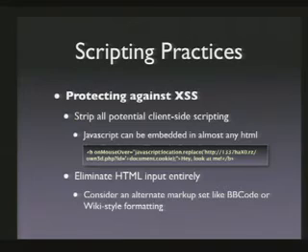This is an example of how JavaScript can be embedded in almost any kind of HTML. This is just a bold tag. And you think, well, bold tag, it has no action associated with it. It doesn't go and grab anything. It's purely a formatting tag. Yeah, but most